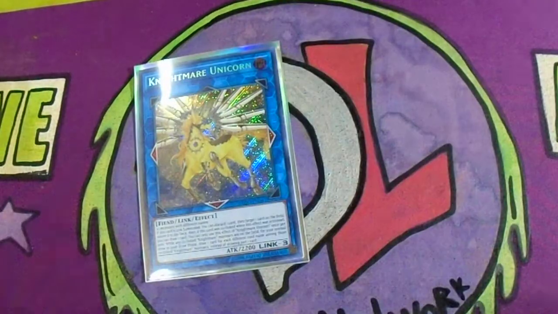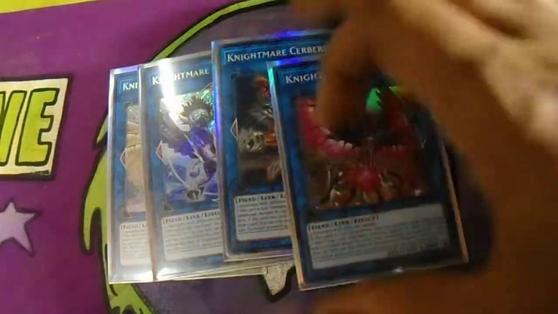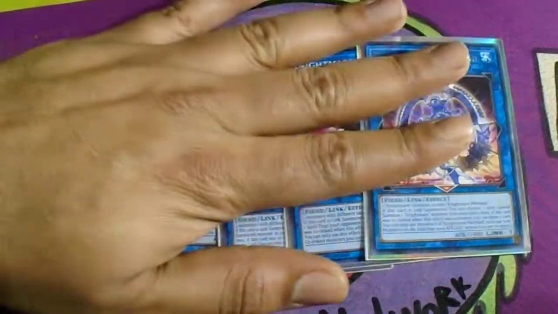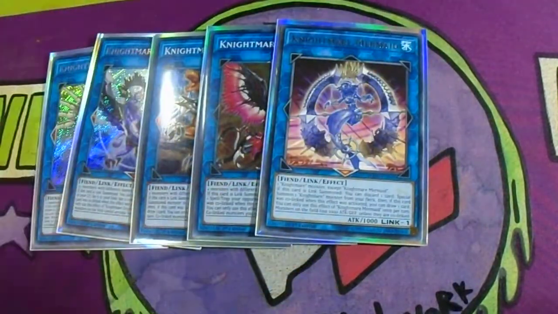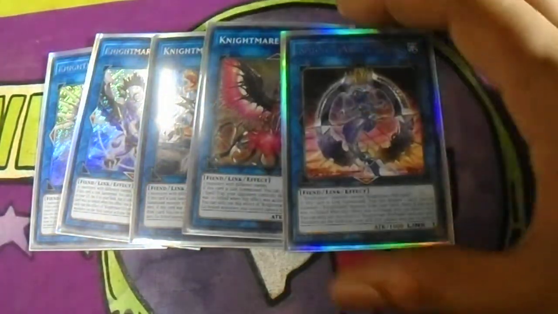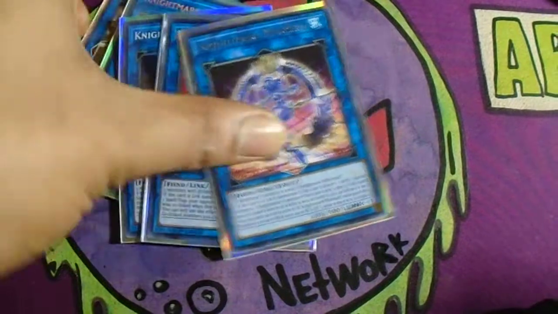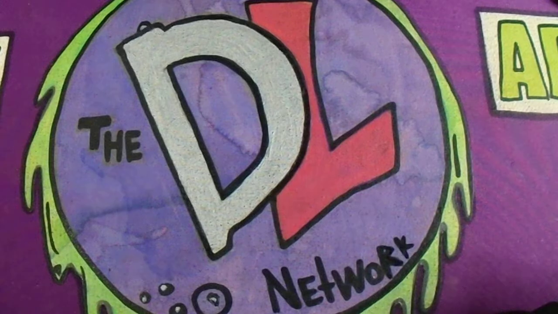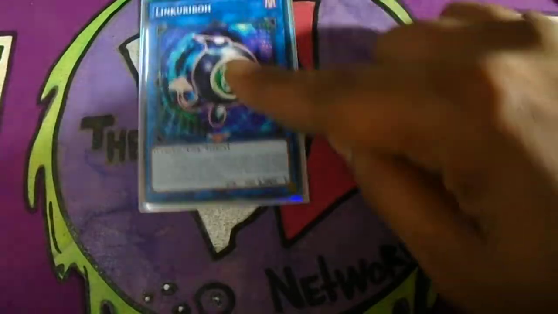I run the Knightmares because they're really good, and you can pretty much co-link a lot with this deck. So I was like, might as well put the Knightmares. Wish the Goblin wasn't gone, but it is. So it really doesn't bank off a Goblin. It really just banks off a Mermaid. I'm really thinking about putting a second Mermaid in here. Really thinking about it. But for now, it's really good. The engine, like I said, might take out the Linkuriboh for another Mermaid, but I'll see how I feel about that. Like I was saying, Linkuriboh,